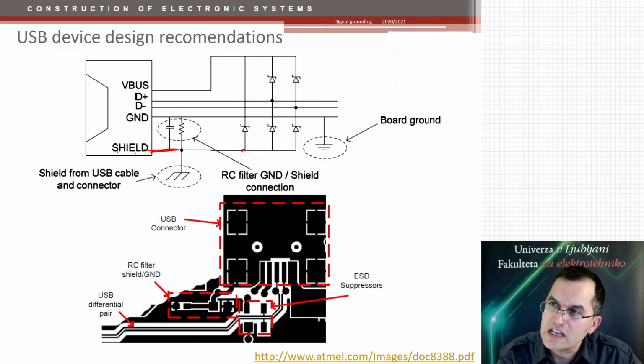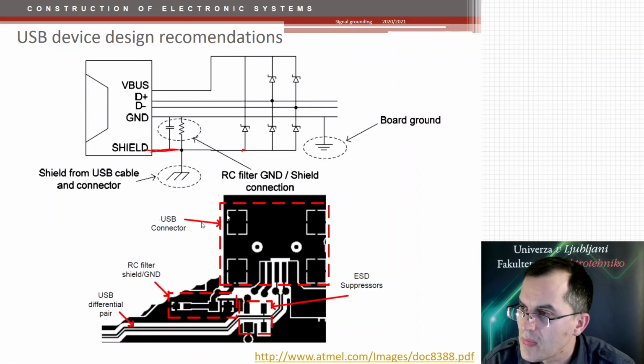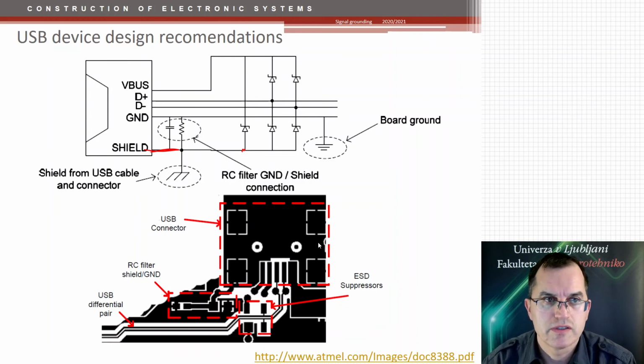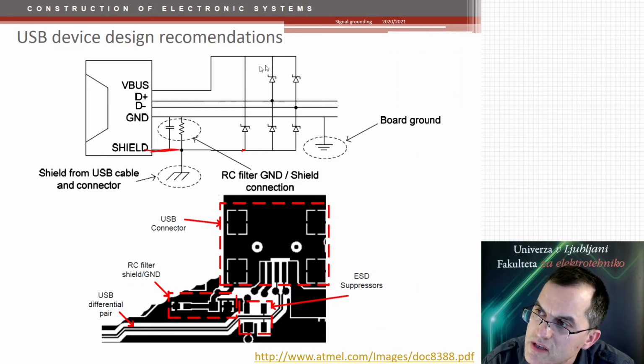Now this ground, the shield, is grounded separately, see? And then this separated ground around this connector is connected at a single point through this RC connection to the rest of the ground of the circuit. So all the ESD impulses that are routed to this ESD protection diode are then returning directly to the ground here of the case of the shield of this connector,